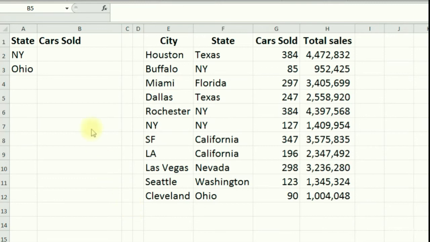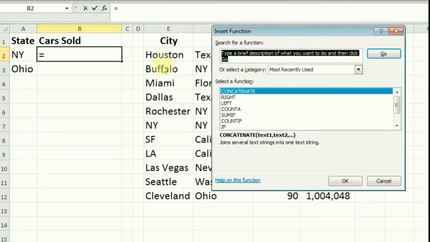The first example is right here. Say we have a list of cities and states with the numbers of cars sold and the total dollar amount of sales. Say we want to pull in the number of cars sold in the state, and we're going to use a VLOOKUP to do that. So we'll insert the function, we'll go VLOOKUP,